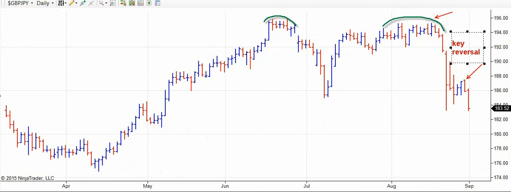So now we have two criteria. We have a pattern, the double top, and now we have this inside day bar or key reversal bar, what we call an insurance bar. An insurance bar tells us that if we're correct, the price should just explode from one level to the other. So basically what we did was we strategically placed our sell stop